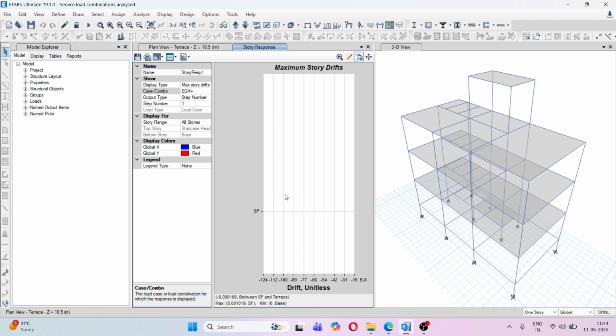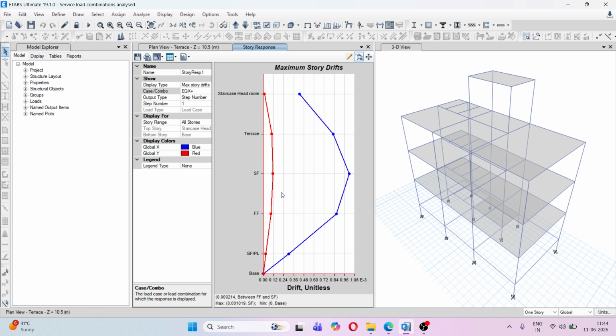This is my second floor. So if you put your cursor at this point, you will get the value. So the value is 0.001019. So that is the drift,